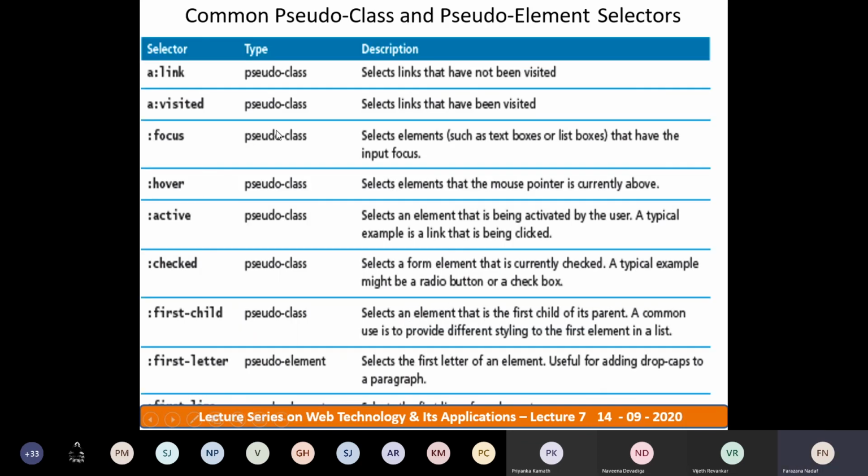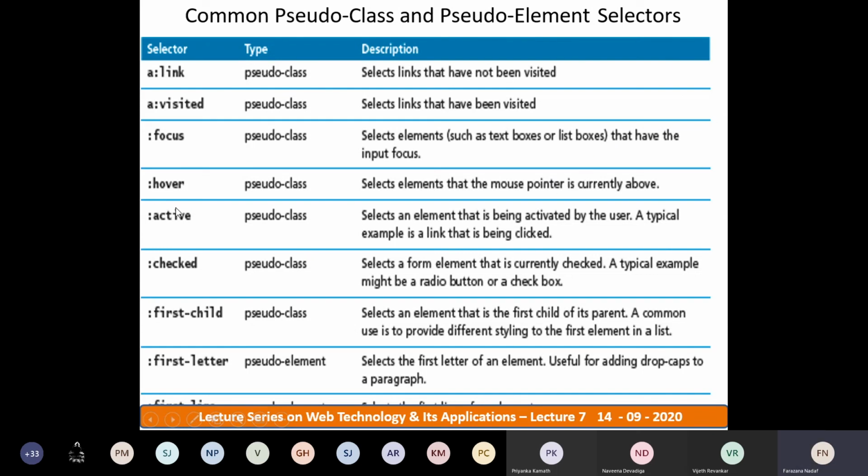Right? Then how these common pseudo classes and common pseudo elements are used in a selector form. There are some common pseudo class elements. The first ones we have seen are link and visited, then focus. Focus is nothing but, assume that you are filling a form and in that form there are a number of text boxes. So you will be confused about where the cursor is. To make focus show in which text box the cursor is, you can use the pseudo class focus. So only that text box will be focused or highlighted.